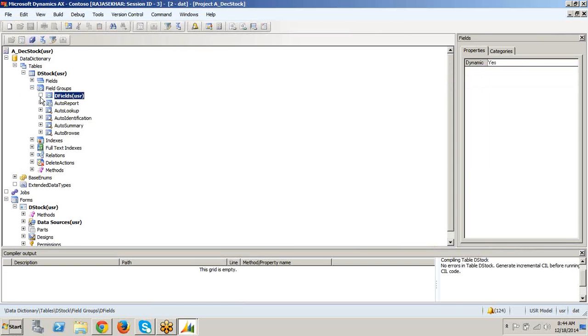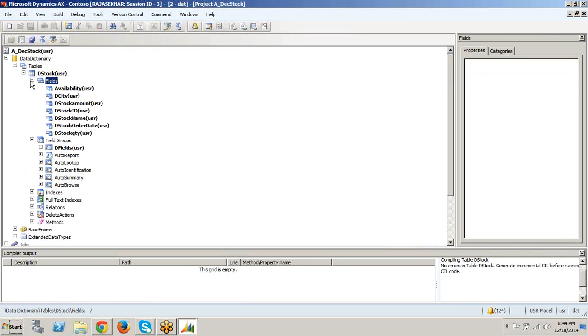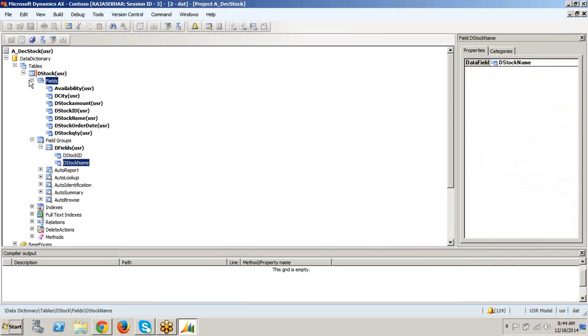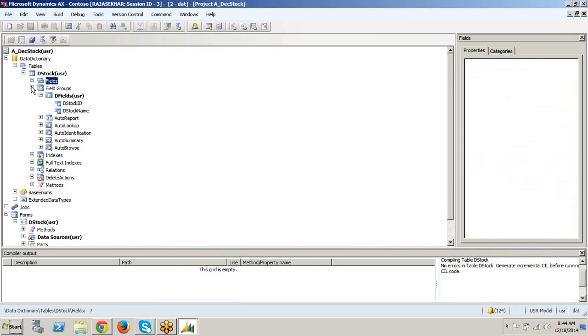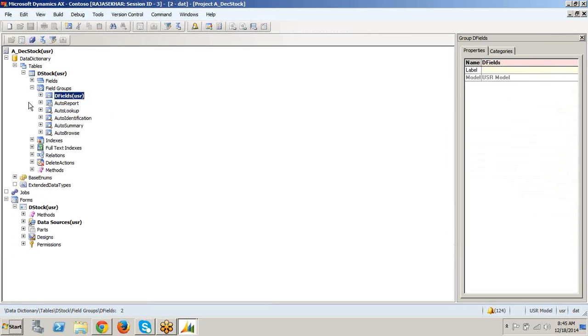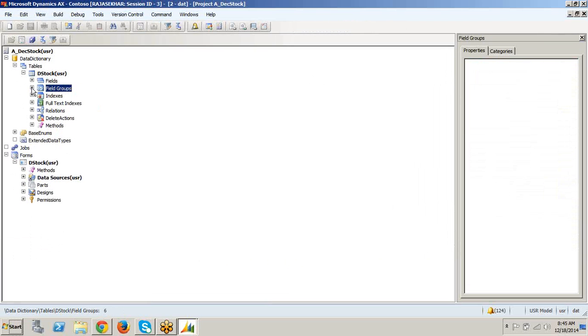In the D fields, I will drag this stock ID and stock name, so that any form which uses the same table and wants the stock ID and stock name doesn't need to drag each field into the form. If you just drag the field group, that is enough.